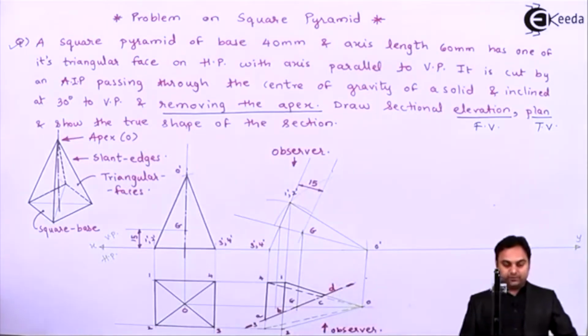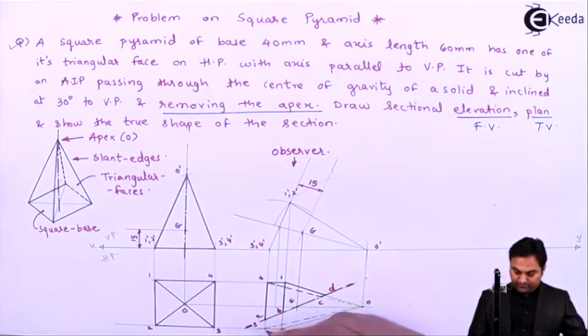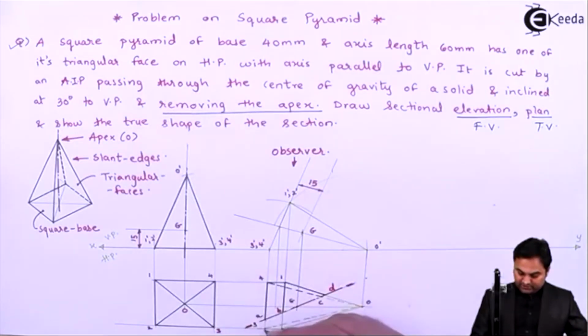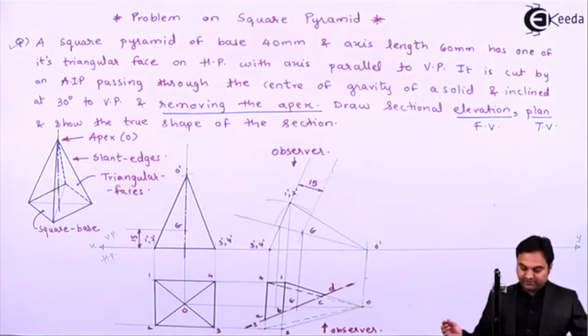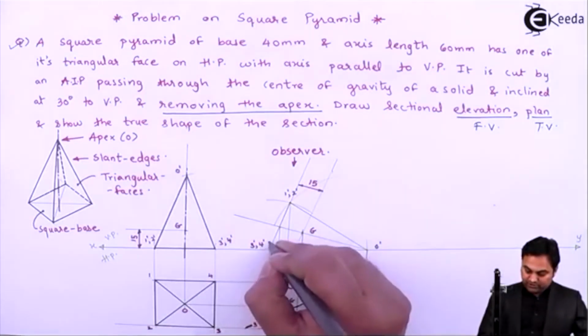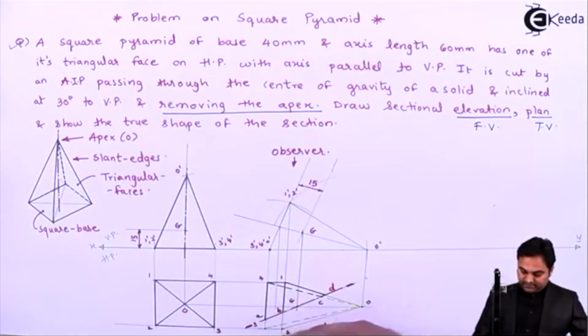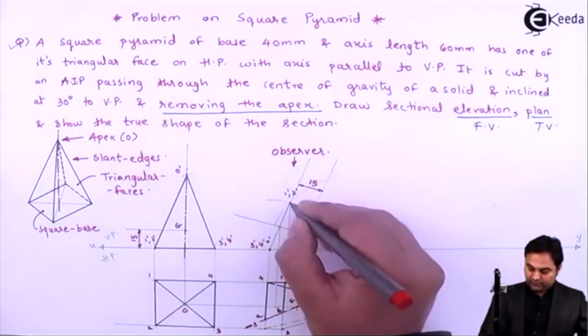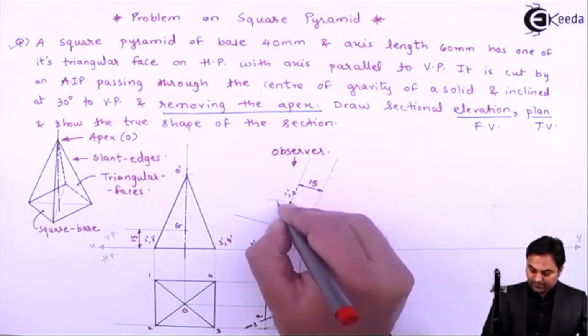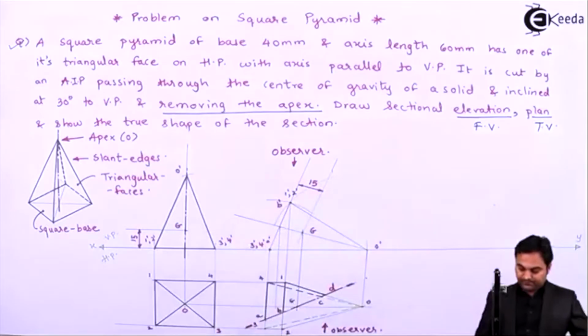So projecting these points up, if I see here, point A is on this same line where we have 3 and 4. So when we are projecting it into the front view, at the same location I'll get the point A dash. Now even B is at the same location as 2 and 1. They are on the same line. So when we have projected them, they will appear as the same point.